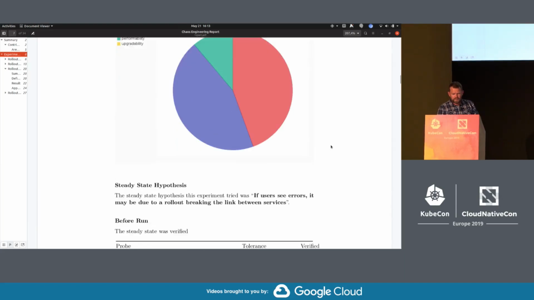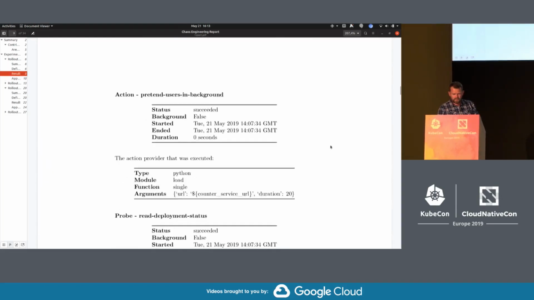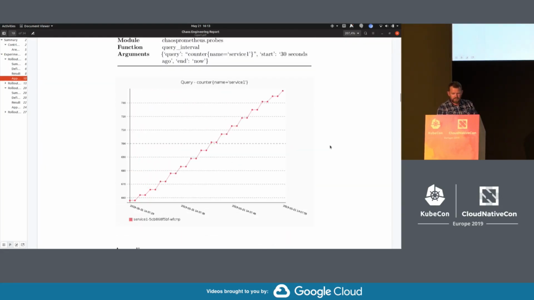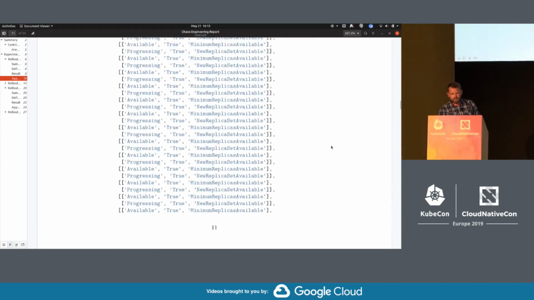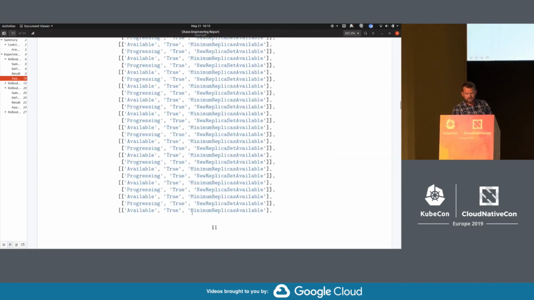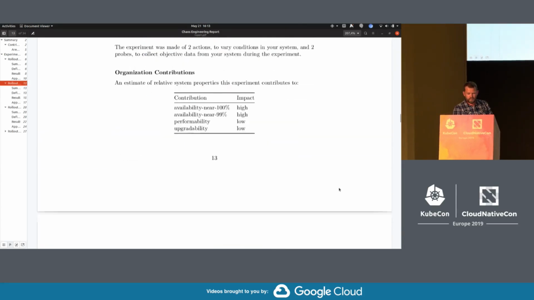But what's interesting is, if I come back to this one, the first version, we see we didn't impact our users. The counter that we probed, we collected, generated something gradually, okay? And we can see we didn't actually change. If you know a bit of Kubernetes, basically it's all good.